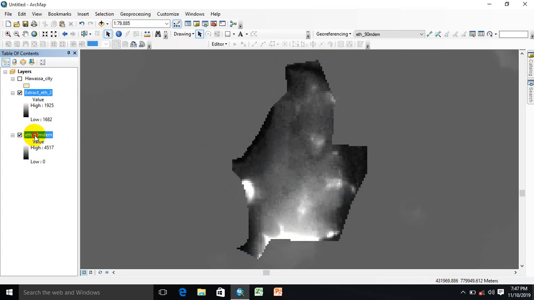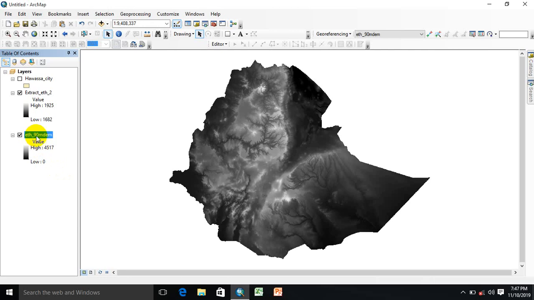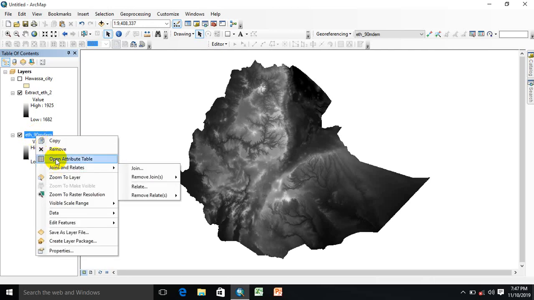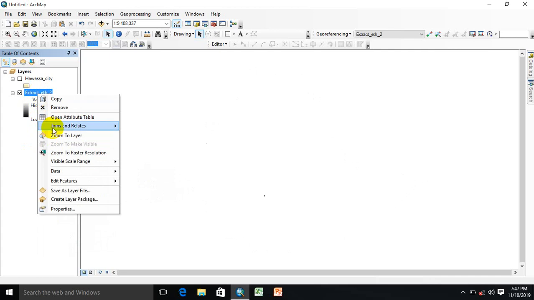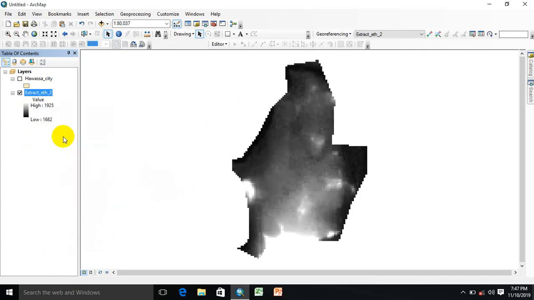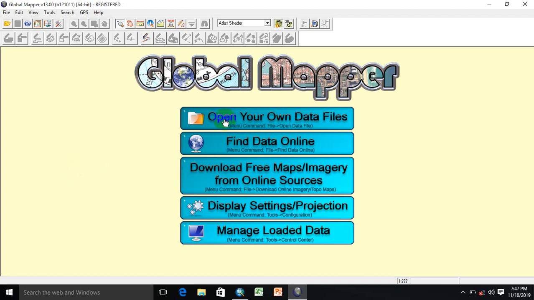After that, let me remove the Ethiopian digital elevation model, and let's zoom to layer. If you want to have some watershed system, we need to continue in the same way. I will prepare this video another time, but for now my interest is getting information about the elevation of